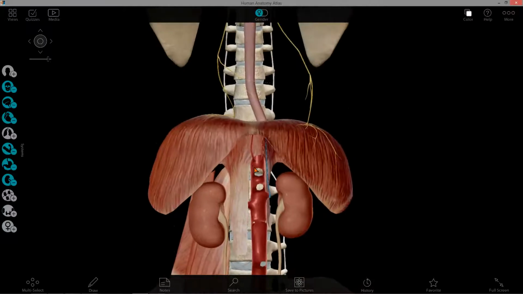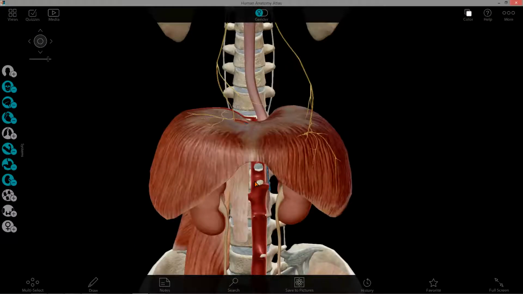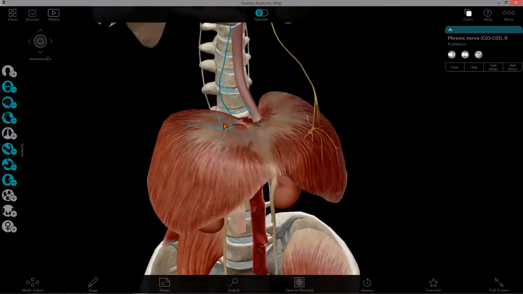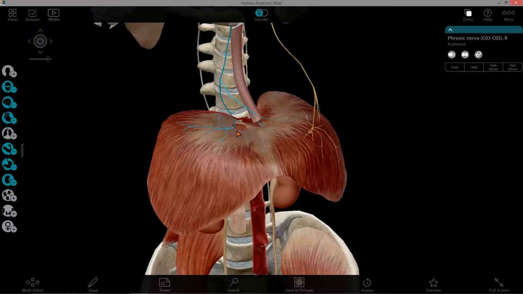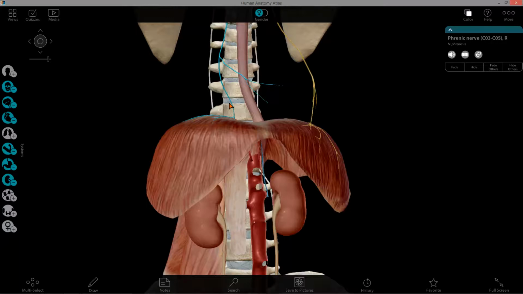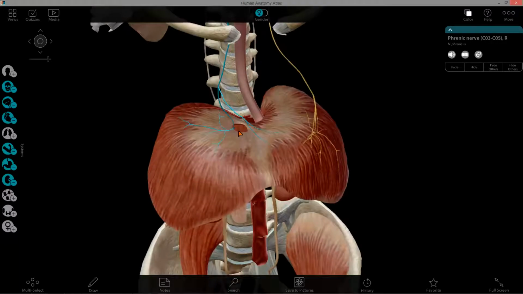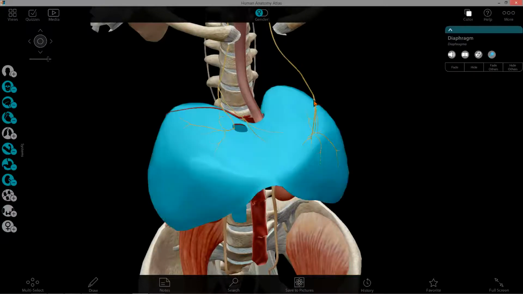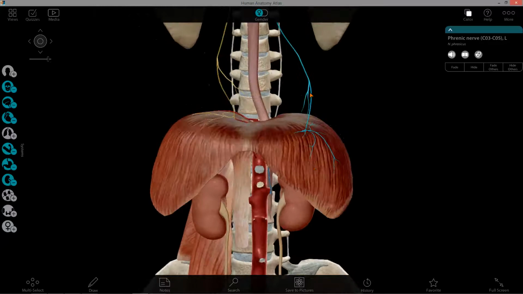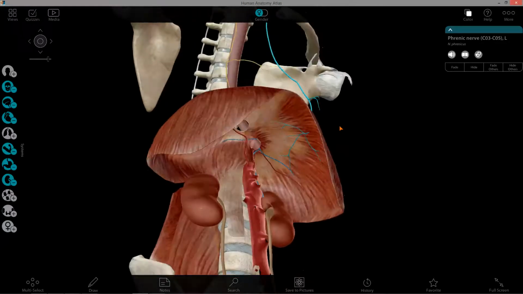The last thing I want to talk about in respect to the diaphragm is some of its innervation. As you can see, there's two nerves seen here and here, the right and left phrenic nerve. The right phrenic nerve moves from the thorax and enters the inferior aspect of the diaphragm through the hole, or the hiatus, created by the inferior vena cava, whereas the left phrenic nerve actually pierces the muscular left hemidiaphragm. As you can see, it pierces straight through and comes out to innervate the inferior aspect